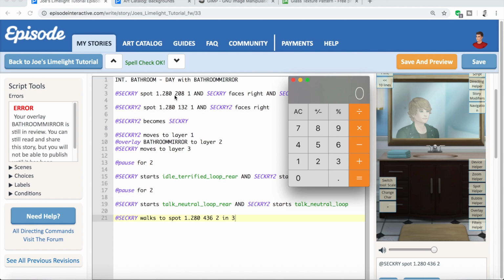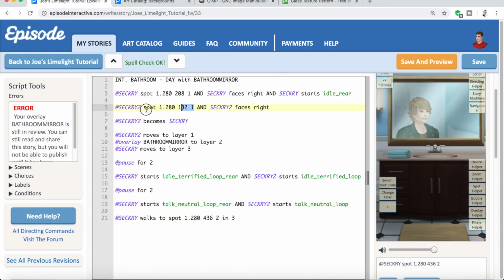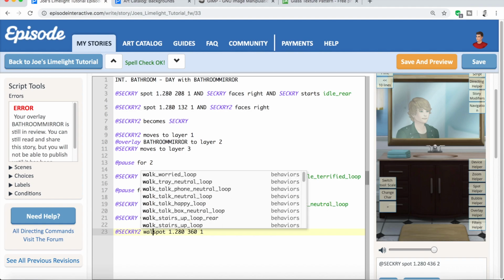Since secre's original X position was 208 and he walks to 436, we need to do 436 minus 208, and that will give us the difference and the amount of pixels that he moved to the right. Since our reflection begins in the X position of 132, we just need to add that to this figure. So plus 132, and that will give us the X position that we need the reflection to end up in. So let's copy and paste the original position and then just change this to 360, and of course walks 2